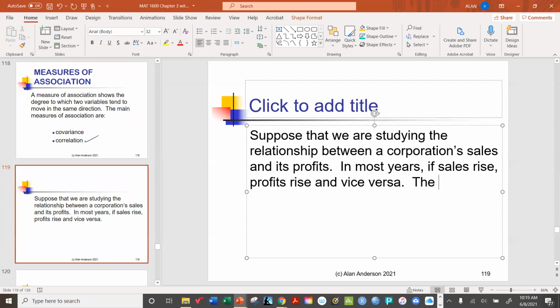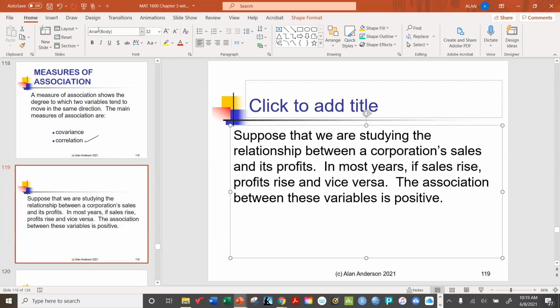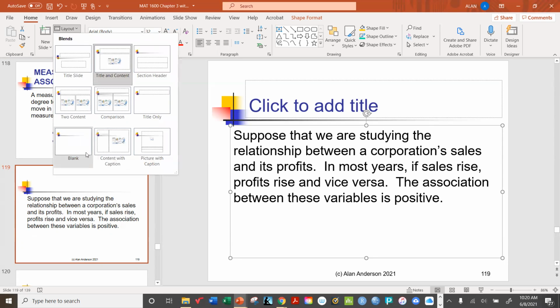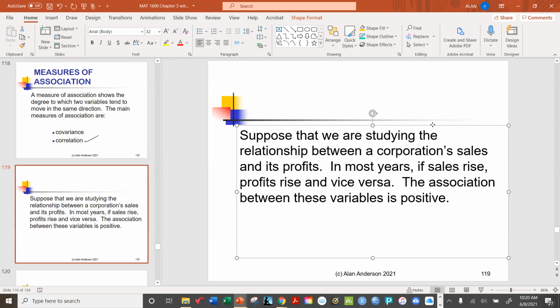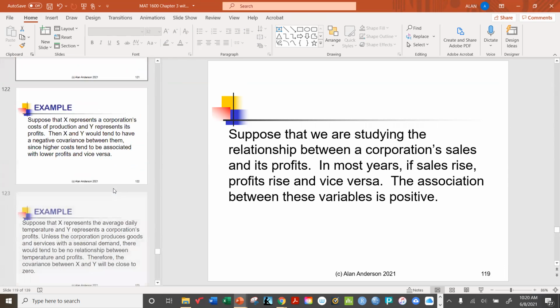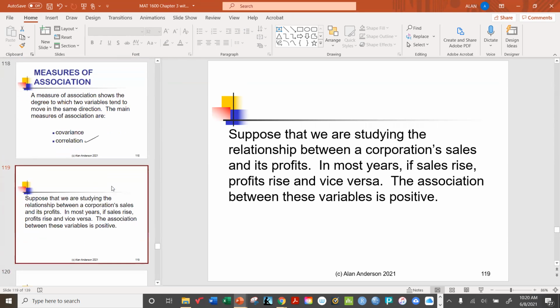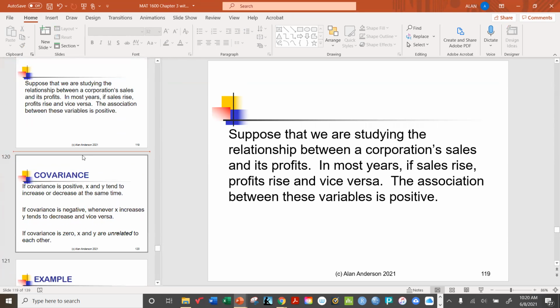So the association between these variables is positive. There's a positive association between the variables. There's a tendency for them to move in the same direction. When one goes up, the other goes up, and vice versa. Now, in order to properly analyze this type of setup, we need a special kind of graph,